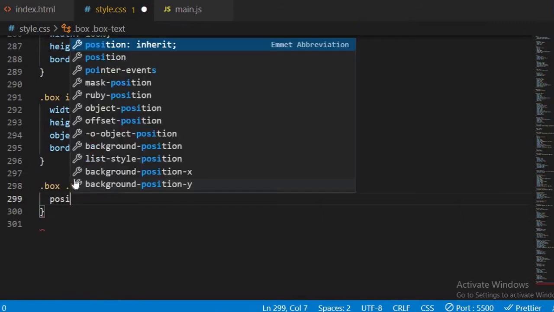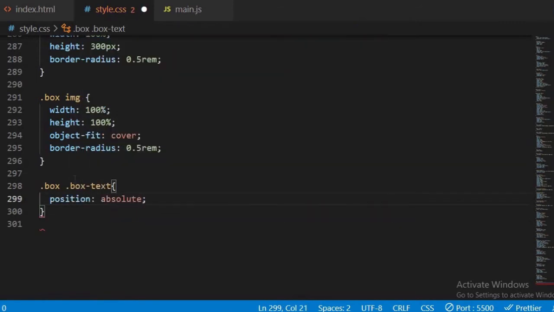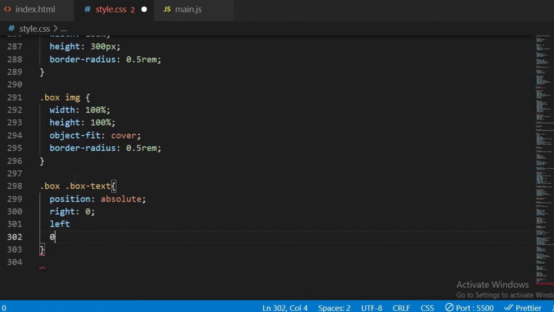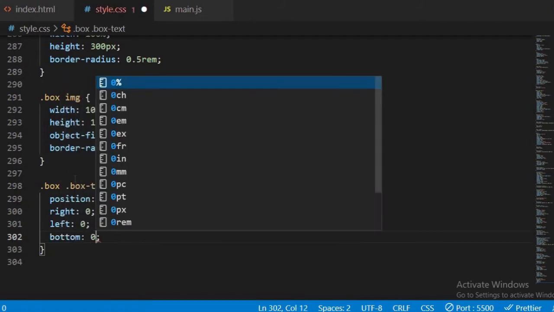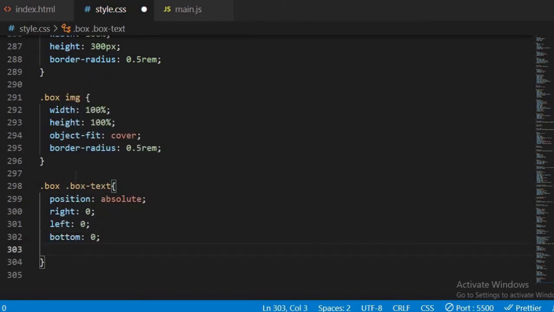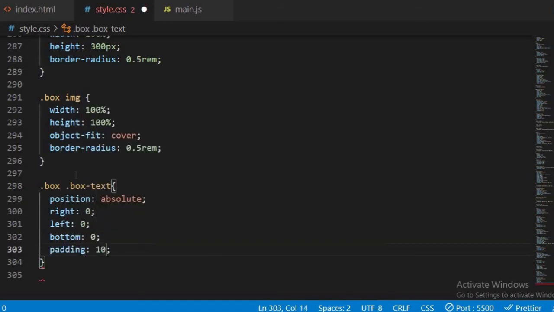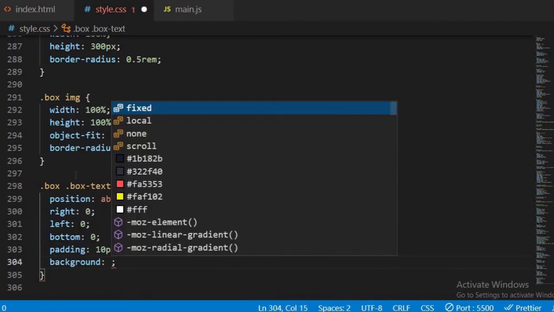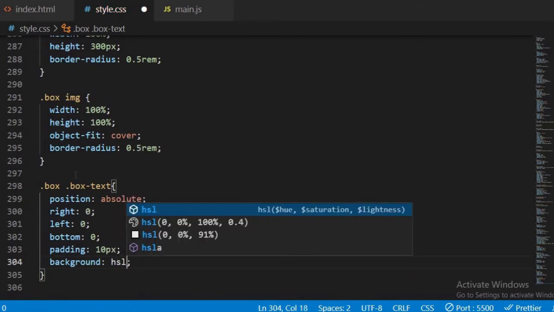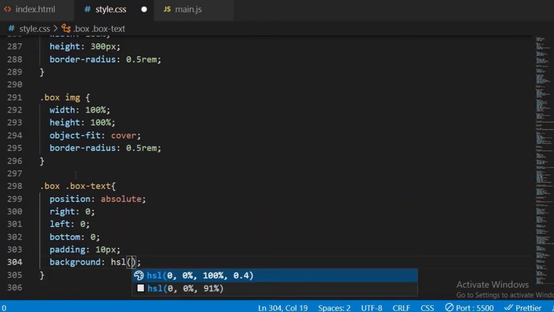Okay, so now we're going to give this a position of absolute, and let's give this a right of 0, and it's also going to have a left of 0, and let's give this a bottom also of 0, and now we're going to give this a padding of 10 pixels, and let's give this a background, and we're going to be using HSL for this. So this is going to be